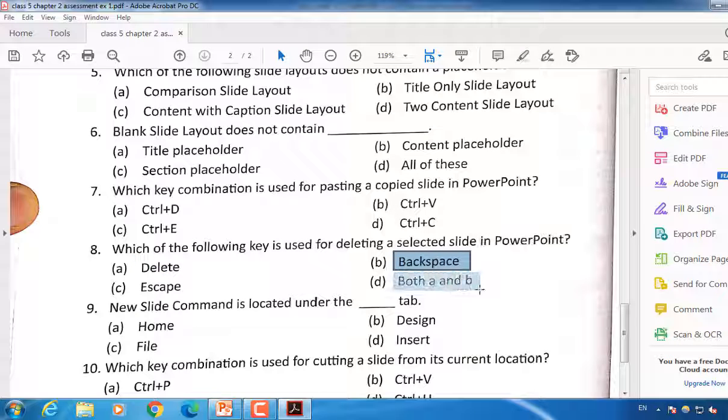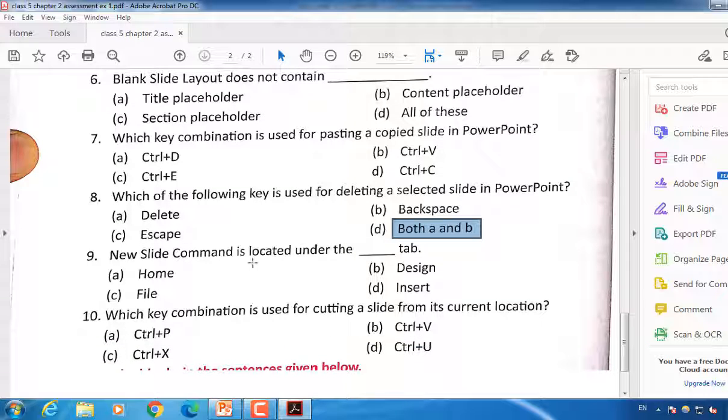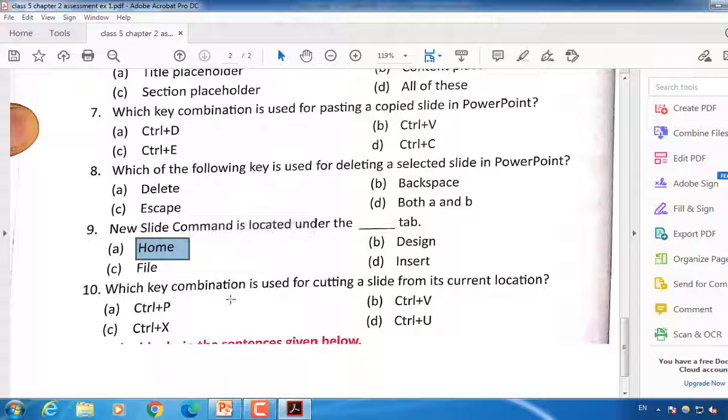So the answer will be both A and B, delete key as well as backspace key. Next, new slide command is located under the dash tab. It will be home tab. Next, which key combination is used for cutting a slide from its current location? To cut a slide, the shortcut key is Ctrl plus X.